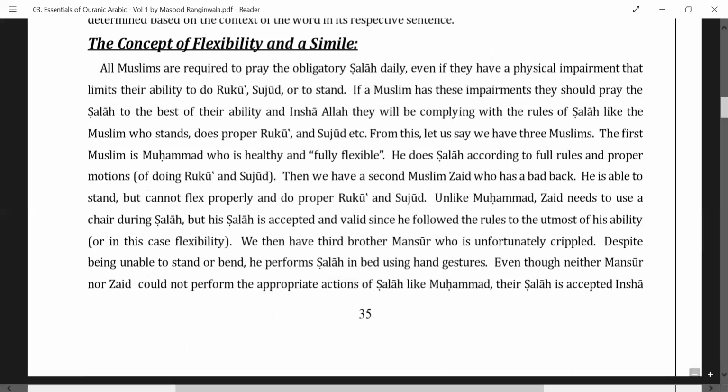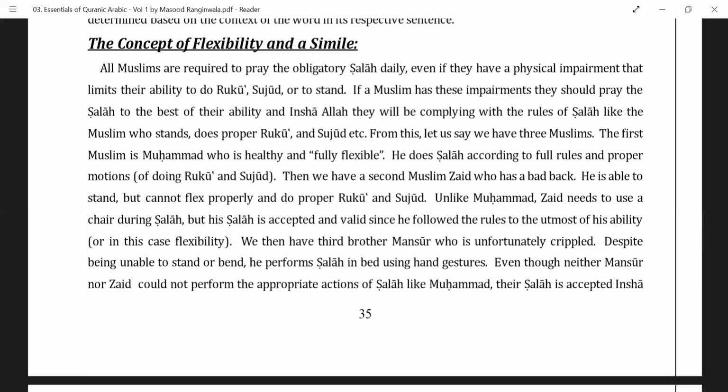Salah is obligatory. All Muslims have to pray, whether you have physical impairment or not. If you have physical impairment, your ability will be limited, like up to ruku, sujud, or standing. To whatever best your ability, you have to pray. It's compulsory. So the one who stands and does proper ruku and sujud is complying. And if a person has some physical impairment, they do it to their full capability. Maybe they may not be able to do the sujud properly, but still they will pray,